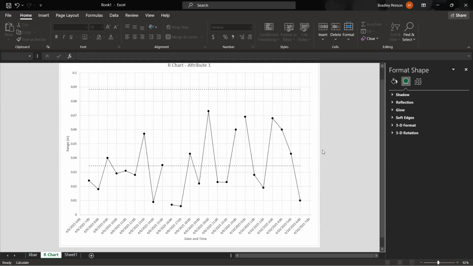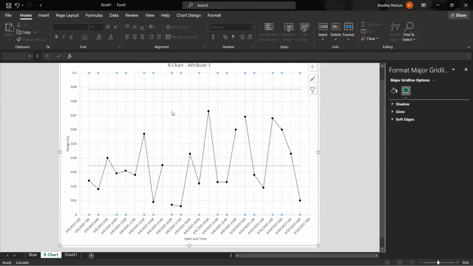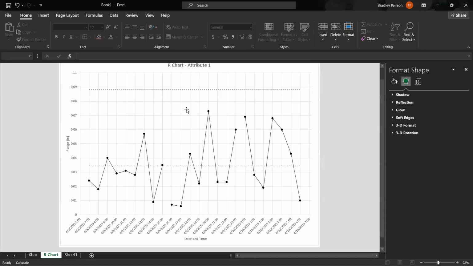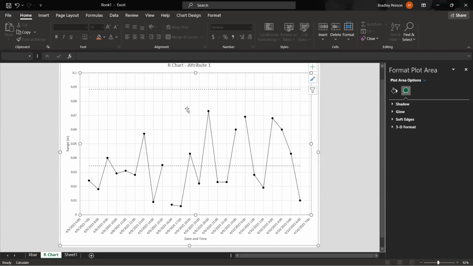Like the X bar chart, though, I'm a little more picky. If you remember that video, and this is the disclaimer that from this point out is me being picky about formatting. So the rest of this is just sort of making it look what I think is pretty. The first thing is I'm going to get rid of these grid lines. And I do that just by selecting them. Make sure not to select here, because if I select sort of in the middle and hit delete,